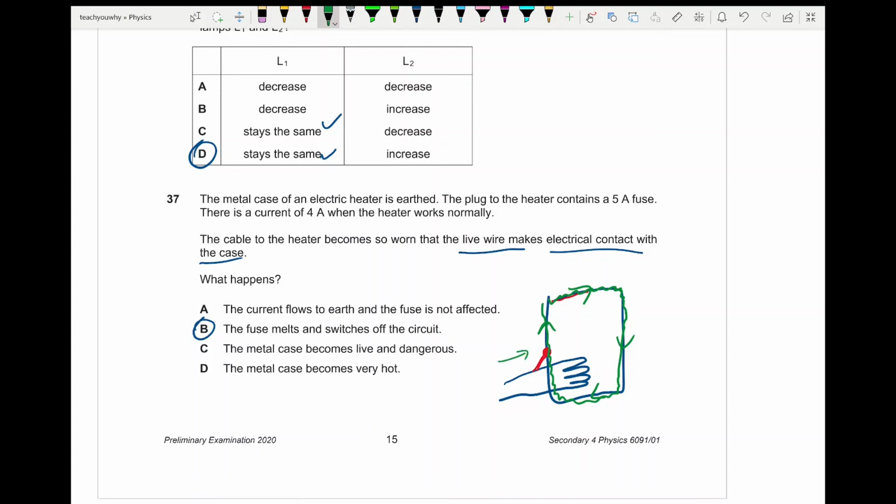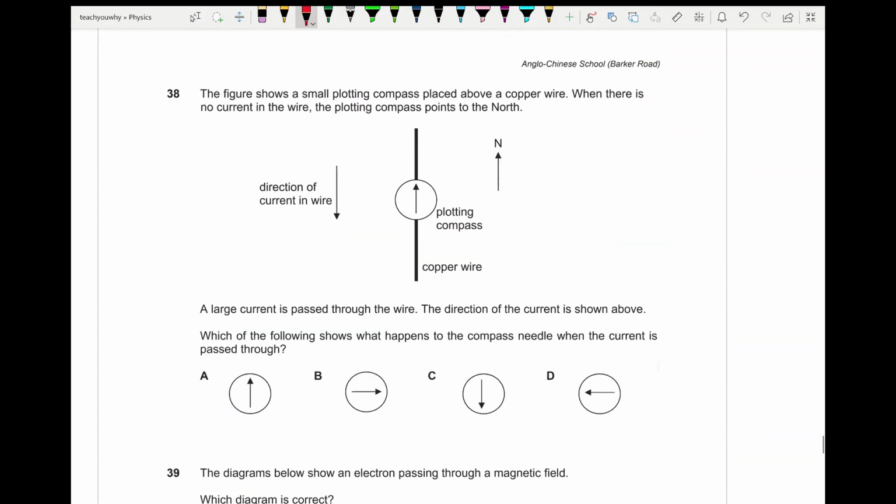will no longer be 4 ampere. It will become much higher than 4 ampere. It will only be 4 ampere if it passes through the heating element because it has resistance. Okay? Therefore, when it touches this, it will cause the current to be so high that it eventually melts the fuse. Therefore, answer is B. Okay? Now,